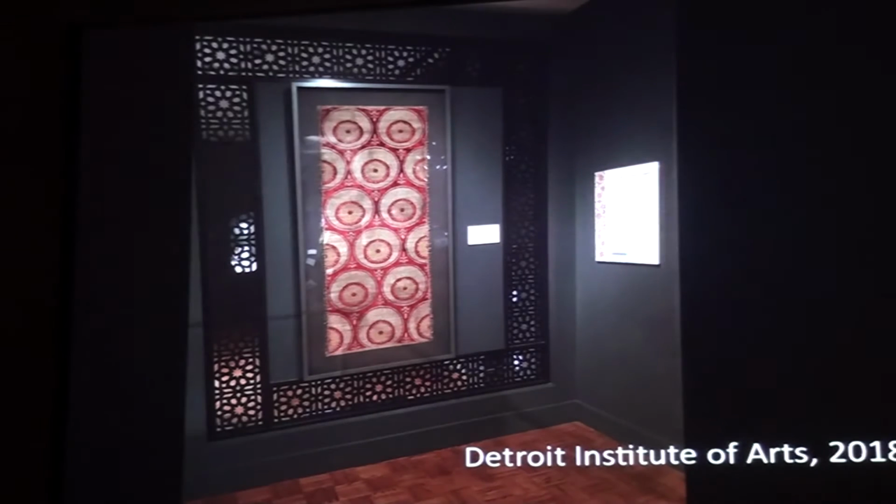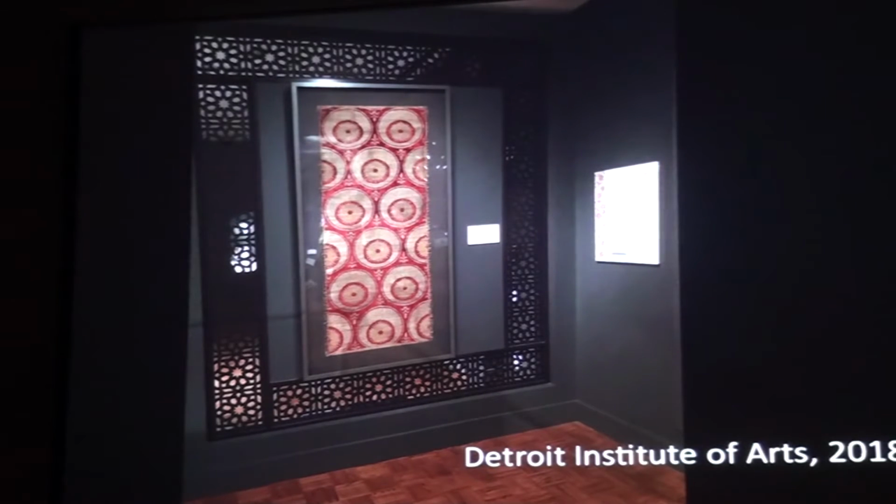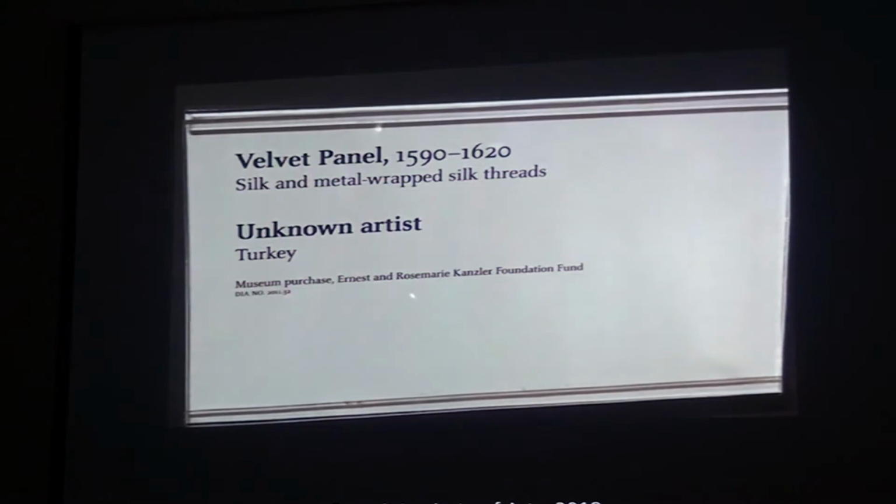And I think some of this has to do with the production of Islamic art, which was done historically in workshops by numerous different people, but there were individuals creating these things, right? To give you a really good example, it is at the Detroit Institute of Arts. They have a great Islamic art collection, and you can see there's a velvet panel behind me. And the text here, and they're really known for good interpretation, actually says unknown artist, right? Which I think, again, is hugely important. And it also doesn't happen if you go into any European gallery. If there's an artwork on the wall and they don't know who painted it, they'll always say unknown artist. So this idea that